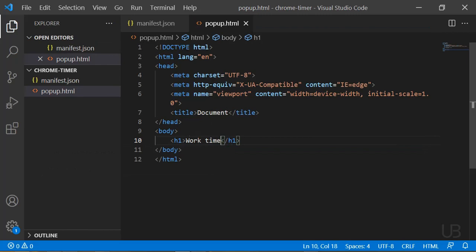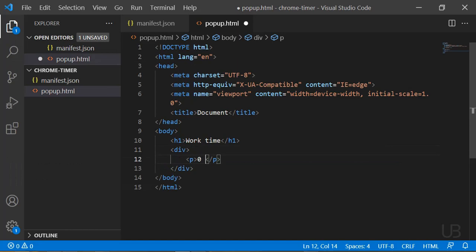Work time. Then how about the time remaining? Let's put it in the paragraph tag. Maybe let's just put a default value, 0 seconds remaining. We'll use JavaScript to change that dynamically, but for now let's just put that as the default.